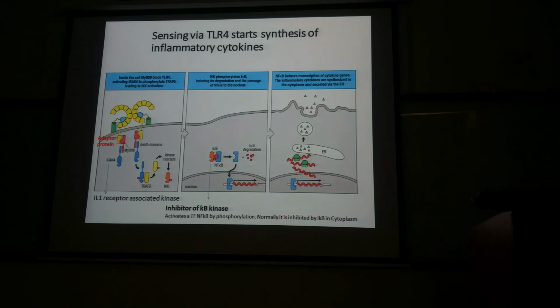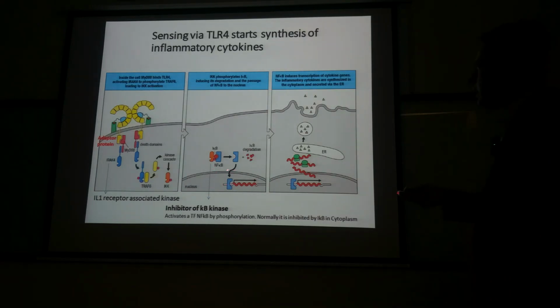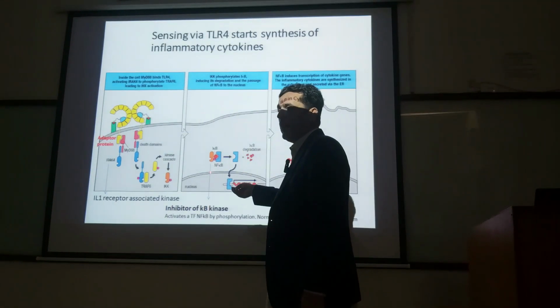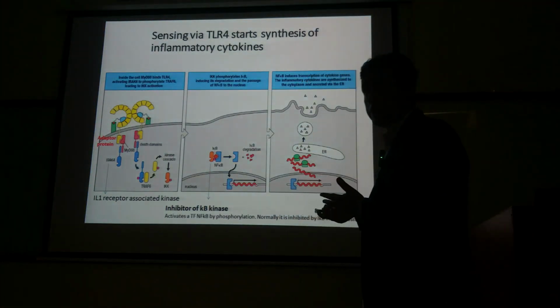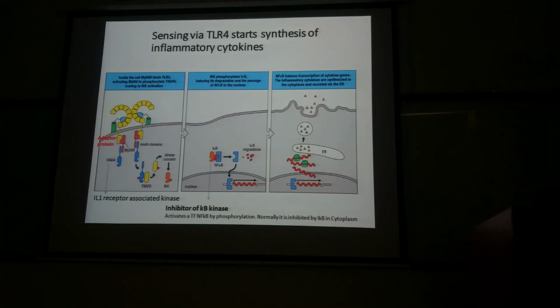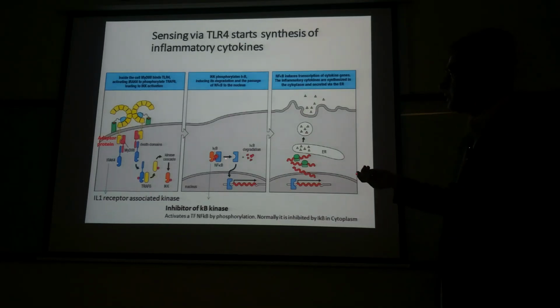And normally it is in this form inhibited by IKB in the cytoplasm. If you look here, this is NFKB, or nuclear factor kappa B, and this is IKB, inhibitor of kappa B kinase. So normally this nuclear factor kappa B, what is this factor? This is actually a transcription factor. But this transcription factor, which is already preformed and is there in the cytoplasm, is not in active form, it is in inactive form,